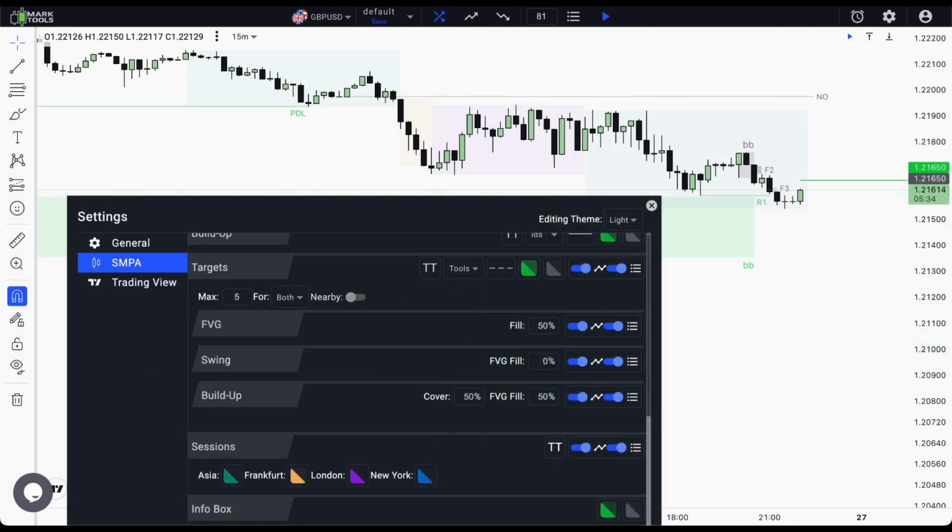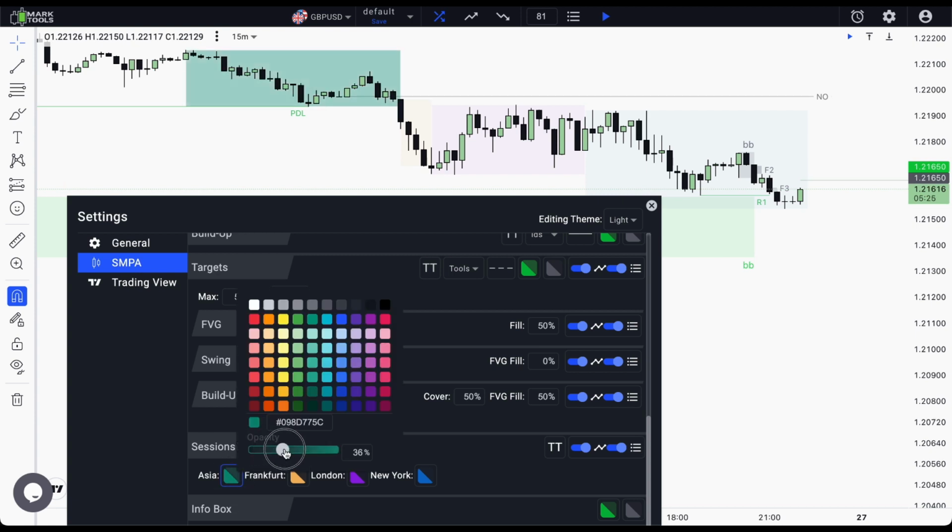Trading sessions. In the settings menu find the section called Sessions under the SMPA category, and use it to adjust the colors of all 4 sessions which are widely used by most traders. They are displayed up to 1 hour timeframe inclusively like boxes, where the left edge is the start of the session. The top and the bottom edges are high and low of the session respectively, and the right edge is either the end of a session or the start of the next session.